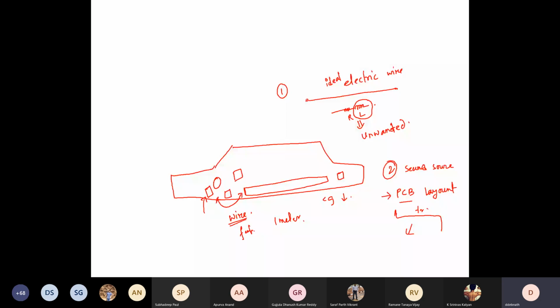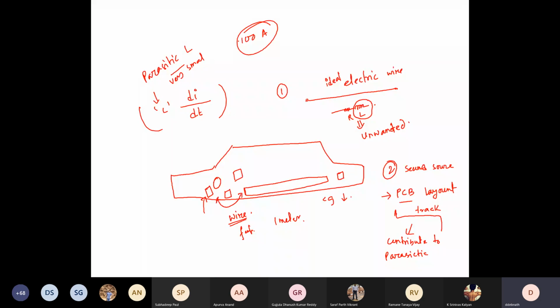Now, one thing I would like to note is that the value of this parasitic inductance will be very, very less, maybe nanohenry or even lesser sometimes. But the only issue is the di/dt. You remember, even though this parasitic L will be very small, the overall product of L di/dt, because sometimes you will be switching this current in hundreds of amperes, and this could be in nanoseconds, so you'll figure out this product may not be very small.